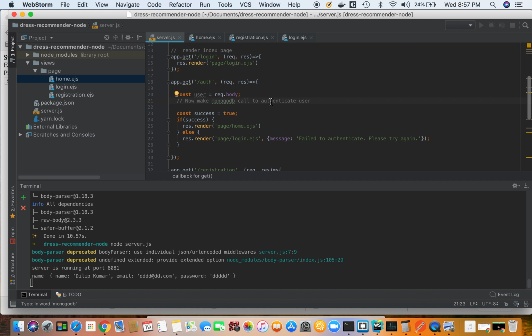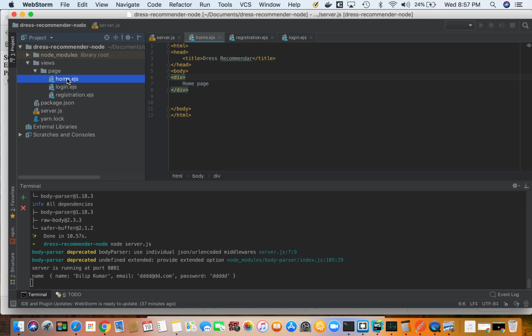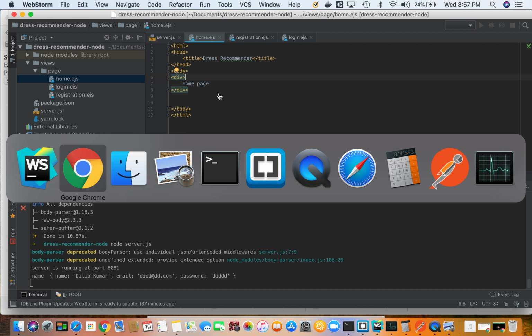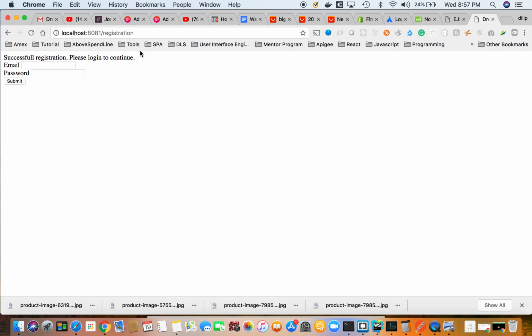So you will do find one based on the user email. You will validate the password. If all is good, then authenticate. If not, then go to this else page. So go back to the login page, right? Otherwise, go to the home page, right? So once you have these basics, then for the home page you need to develop even very simple HTML,